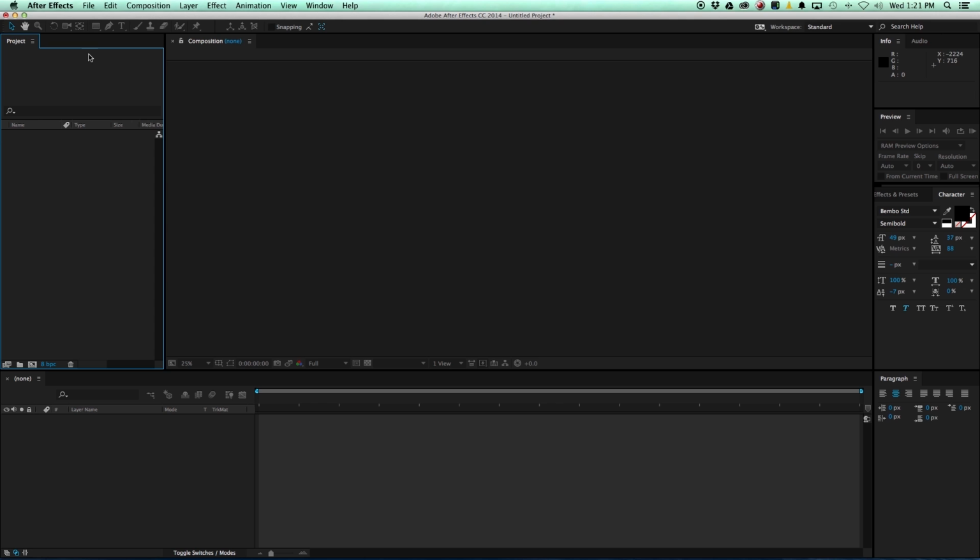Today we're going to start by showing you how to import Photoshop files, PSDs, into After Effects so that you maintain the separated layers that you set up in Photoshop. So let's jump into it here, and just like any other file or asset you would import into After Effects,